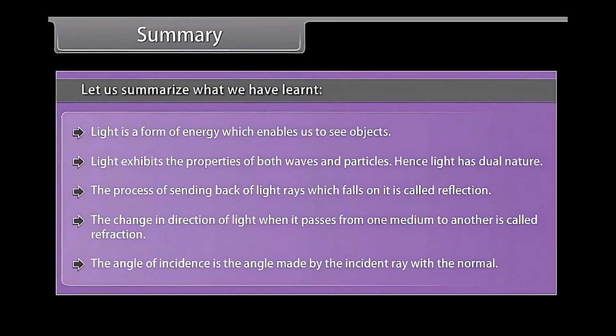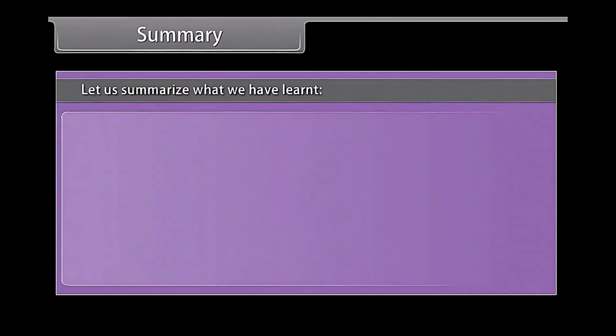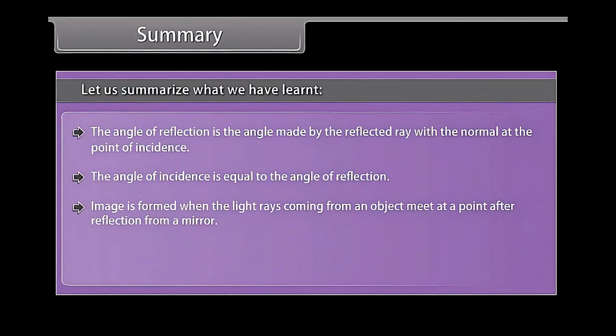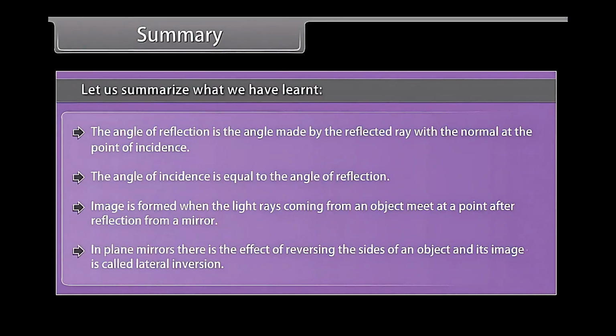The angle of incidence is the angle made by the incident ray with the normal. The angle of reflection is the angle made by the reflected ray with the normal at the point of incidence. The angle of incidence is equal to the angle of reflection. Image is formed when the light rays coming from an object meet at a point after reflection from a mirror. In plane mirrors, there is the effect of reversing the sides of an object, and its image is called lateral